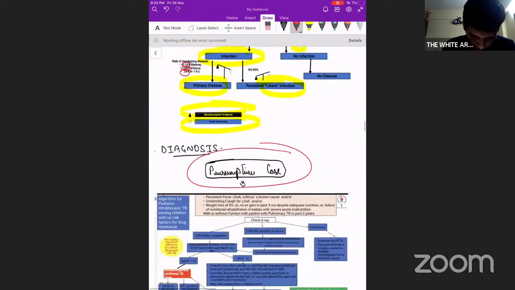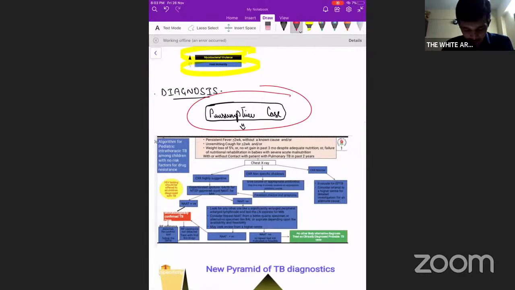Next we'll see how to diagnose tuberculosis. Now this is a very important algorithm. This can be asked either in your viva or in your exam for 5 marks or 10 marks. This is the whole algorithm as such. If I directly teach from this algorithm, it might be confusing, so we'll deal with it step by step, with each diagnostic tool that is available to us. If we have a presumptive case of TB, the first thing we do is